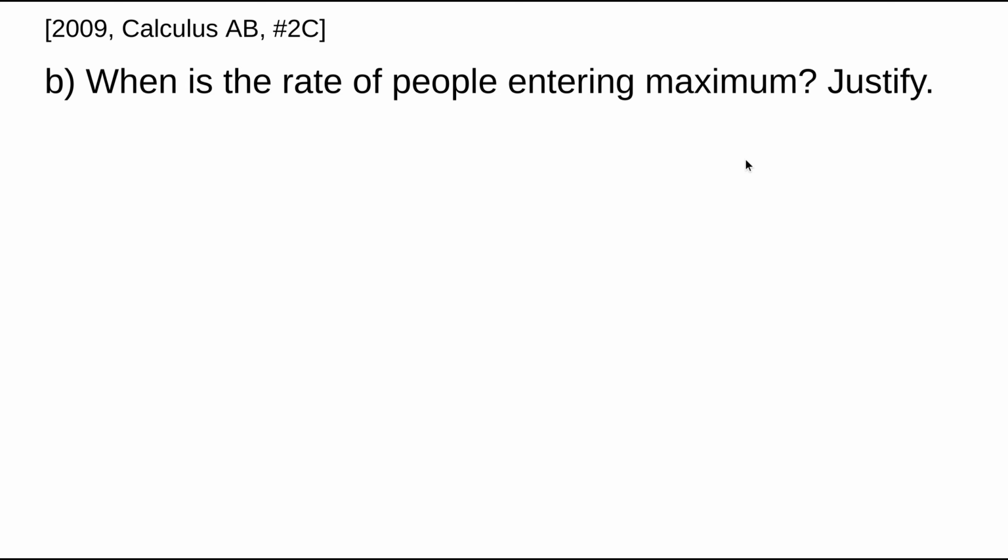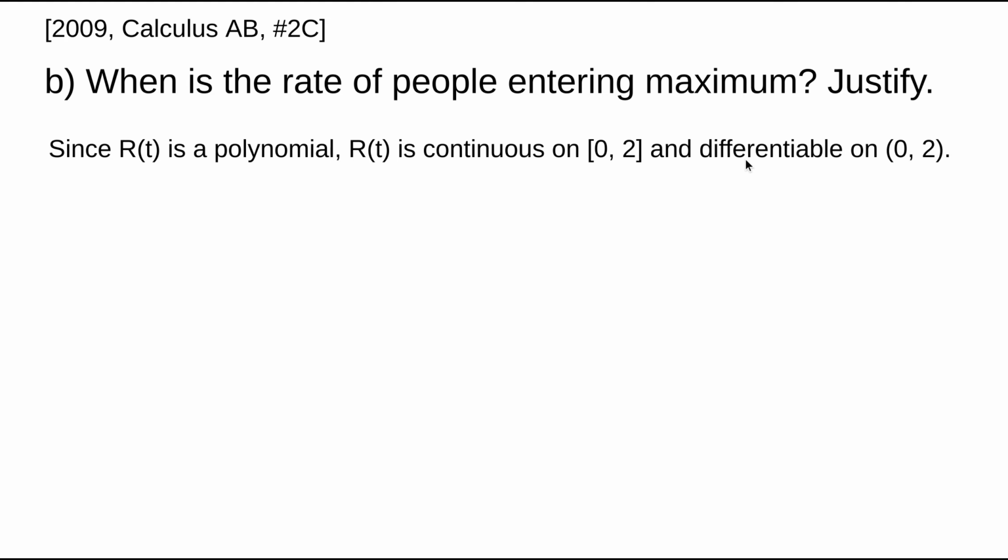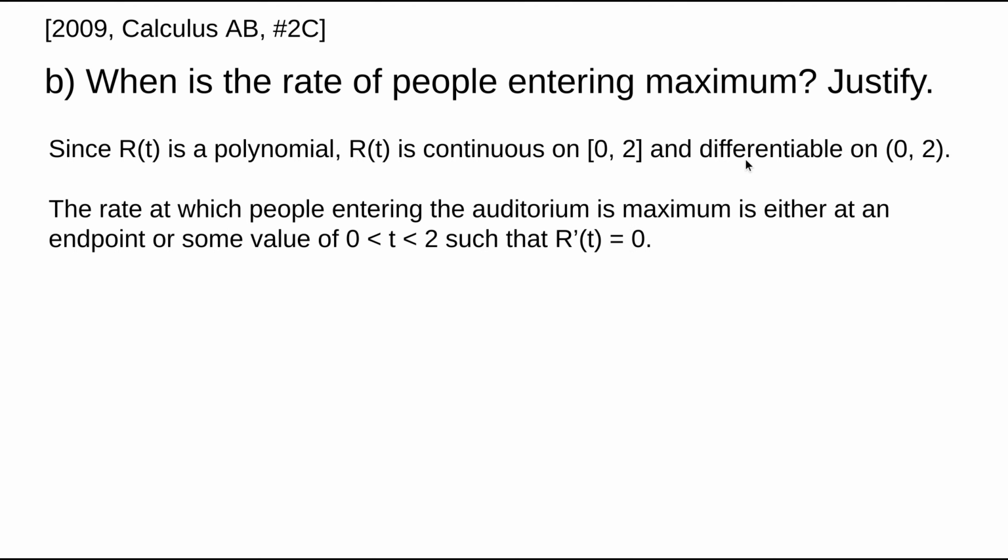In part B, we are asked when is the rate of people entering maximum and to provide justification. The rate function we have for the rate at which people are entering the auditorium is a polynomial function. And because it's a polynomial function, we know it's continuous on the closed interval from 0 to 2 and differentiable on the open interval from 0 to 2. And then the rate at which people are entering this auditorium is going to be maximum either at an endpoint of our interval, so that would be 0 or 2, or somewhere between 0 and 2 such that R prime of